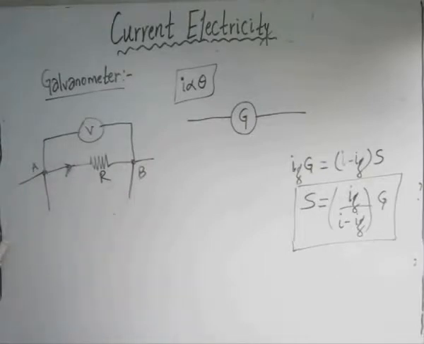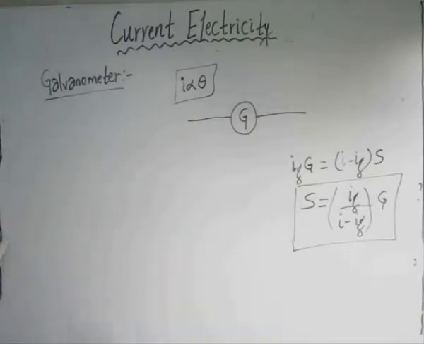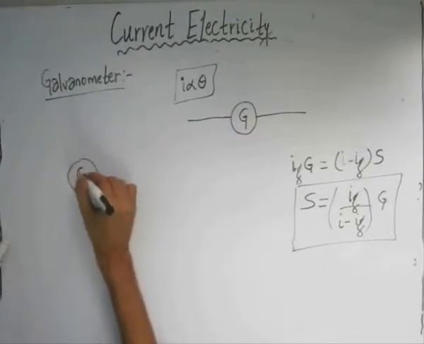and B. Now as opposed to the ammeter, we have seen in ammeter that the value of the shunt resistance has to be very small. If the resistance of the shunt is very small, then we can measure a large amount of current across the galvanometer or across the ammeter. Now in order to convert the galvanometer into a voltmeter, we need to increase the value of the resistance. So in order to increase the resistance of the galvanometer, we need to connect a resistance which is in series with the galvanometer.